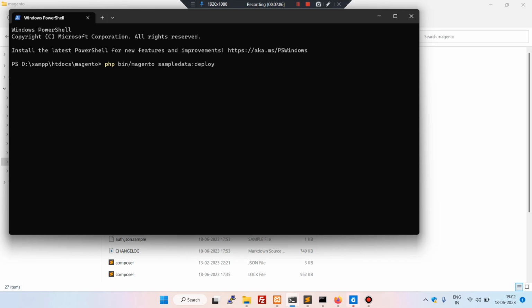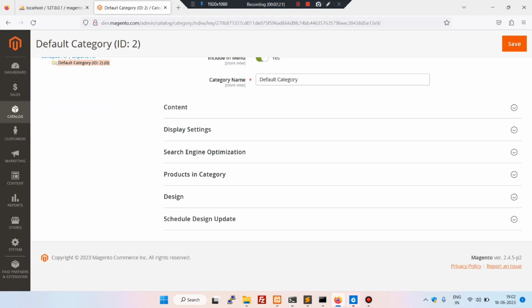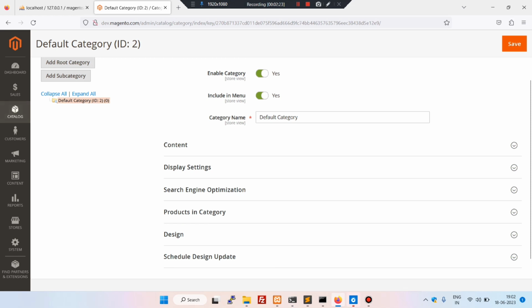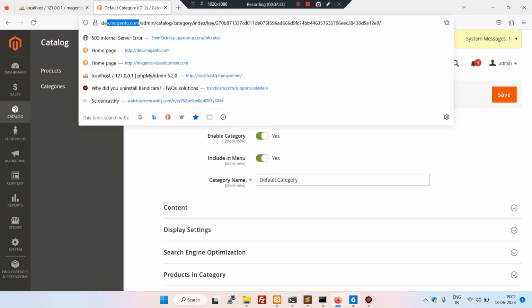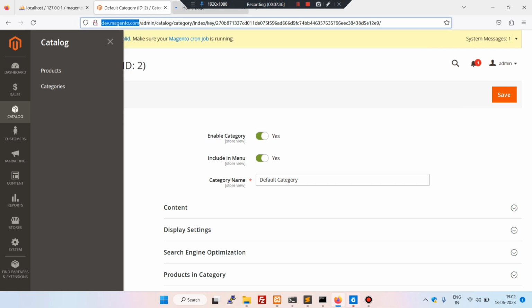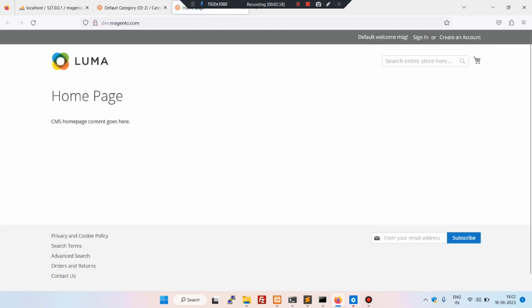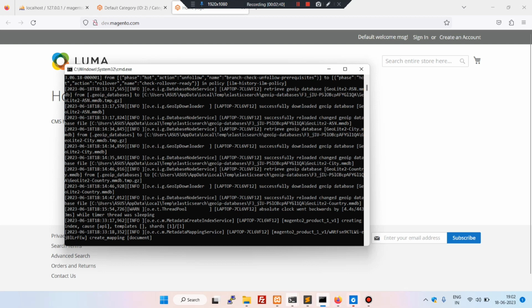This command will get all the information related to the products and categories, like product images and product names. Once this command is completed, you will see some category names here, and inside the product section you will also see lots of products created by default. You will also be able to see all this information on the front end of your site. So I have run this command,